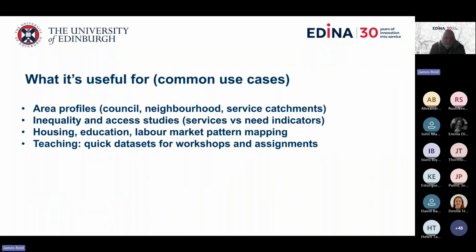What census is useful for, again, are things like creating area profiles. ONS and the other census agencies themselves provide area profiles, which are snapshot picture profiles of small areas, so councils, neighborhoods, or service catchments. You can create your custom ones with the data that you can get access to from the census. You can look at inequality and look at access to specific things like GP surgeries,